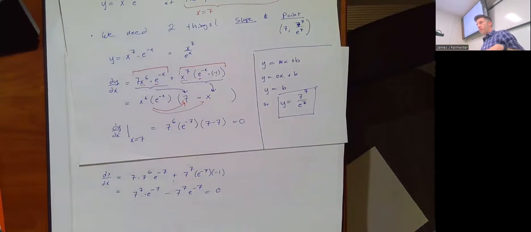Other questions about this particular problem? Now, this isn't exactly like what was on your homework problem, but I imagine almost all of you will find the slope of the tangent line is going to be 0, no matter what numbers you have. I think that's how this one works out. I'm fairly confident. Looking at this one here, totally the same idea. The y coordinate, the answer, is 27 over e cubed, or 64, or whatever your power is. That's 3 to the 3rd over e to the 3rd, or yours might be 4 to the 4th over e to the 4th, or 5 to the 5th over e to the 5th. It's going to be something like that, because that's the way this problem happens to work out. It's kind of cool.